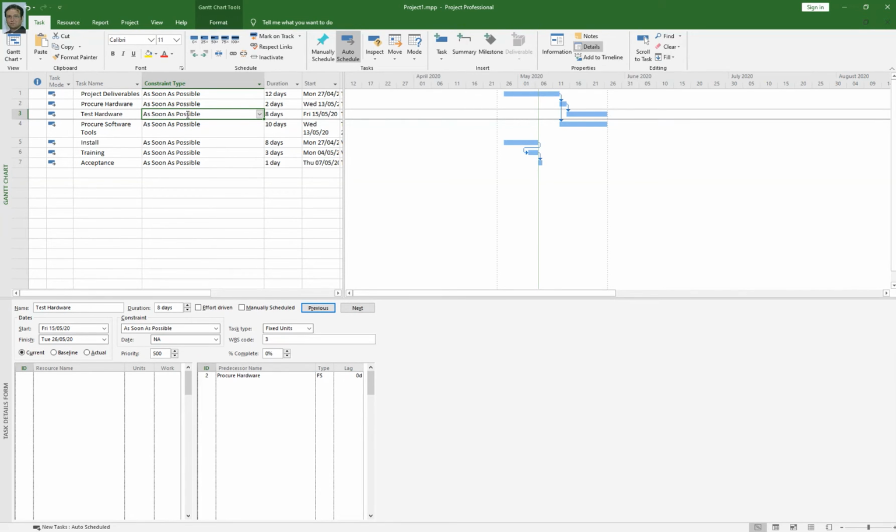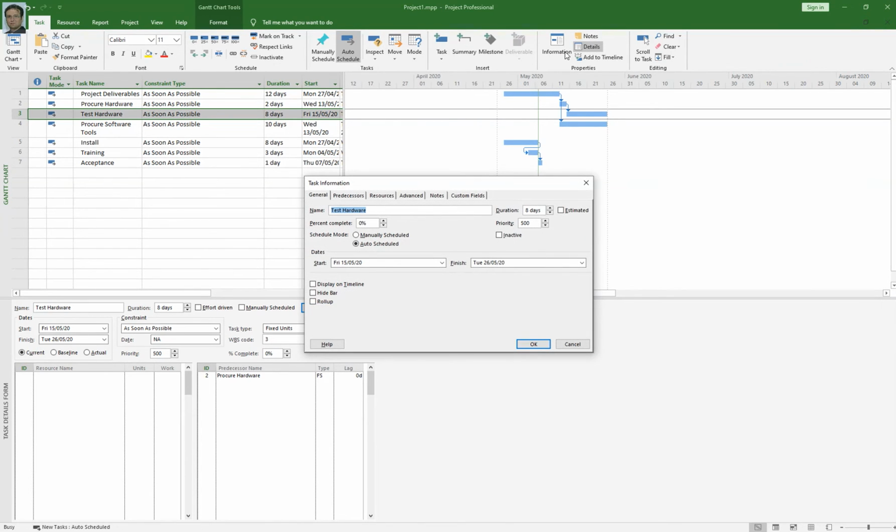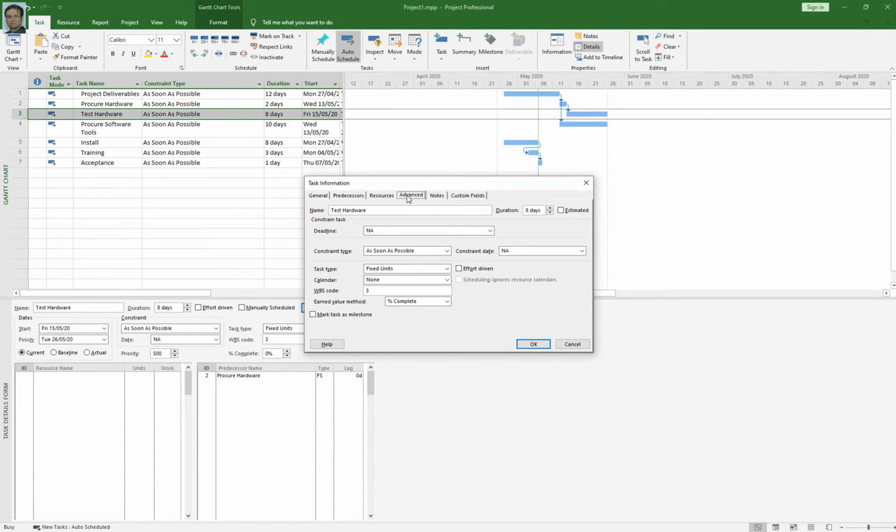You can select the information button under the property section, and then you need to click on the advanced tab, where you can assign different constraint types. You have different constraint types like start no earlier than.